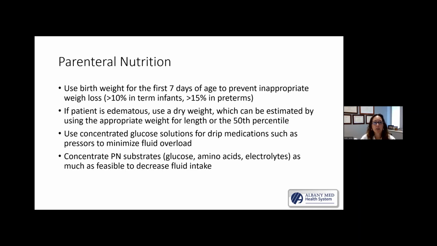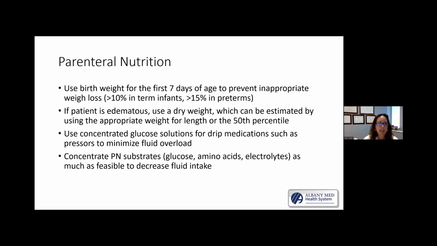So in the NICU, we use the birth weight for the first 7 days of age to prevent inappropriate weight loss. So about 10% we expect loss in regular term infants and about 15% in preterm. So we want to make sure that we're not using that appropriate weight loss as their actual weight. So once they surpass their birth weight, then we start using that as their weight to determine caloric needs and